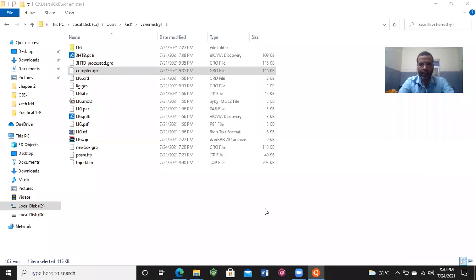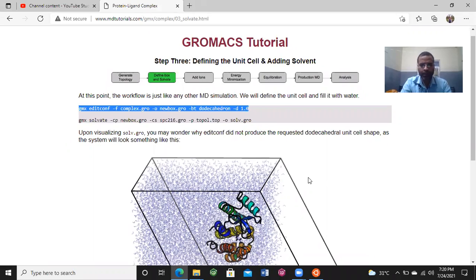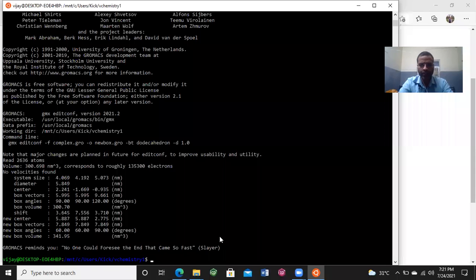Just go for the next command, that is solvation. Since we created this box, now we have to fill the solvent molecules inside the box, and this solvent molecule will be water. Now just copy this command and paste in terminal.